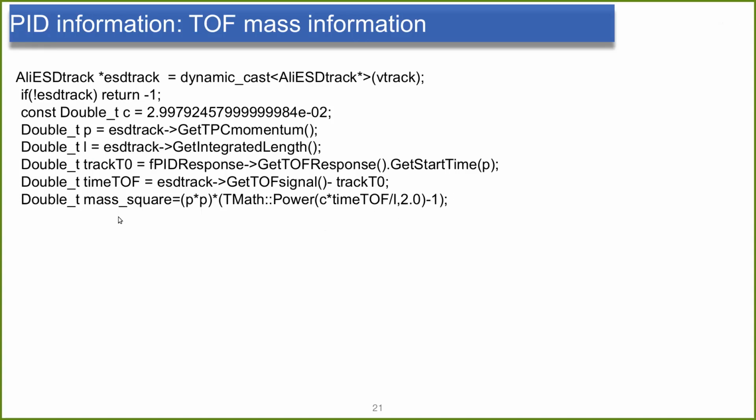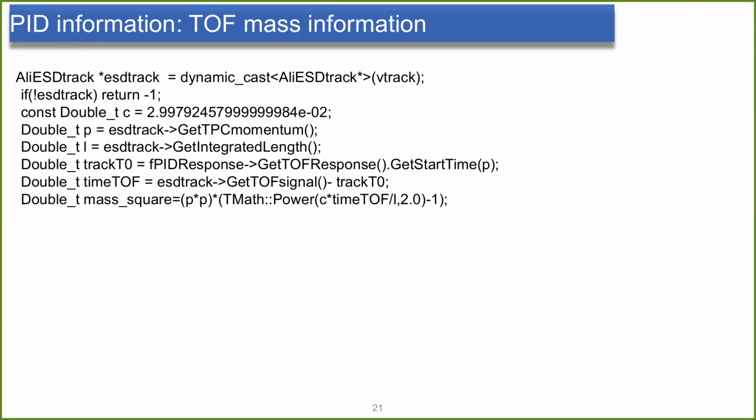So in order to get the mass squared, you need two pieces of information. One is the momentum, which we will get from the TPC, and another is the time information, which you will get from the TOF by using the PID response. The PID response gives the initial start time, and the TOF signal gives you the end time. Just by subtracting, you get the time of travel, which you can use to calculate the mass squared. So one can use this mass squared distribution and the TPC n-sigma and TOF n-sigma distributions to